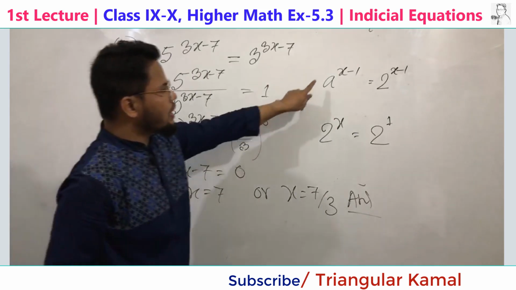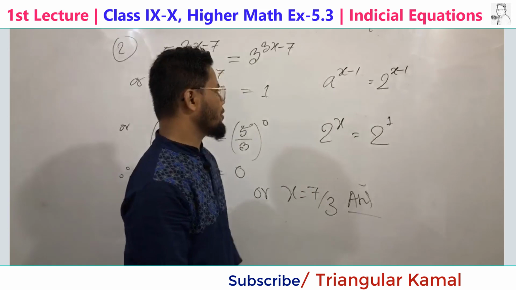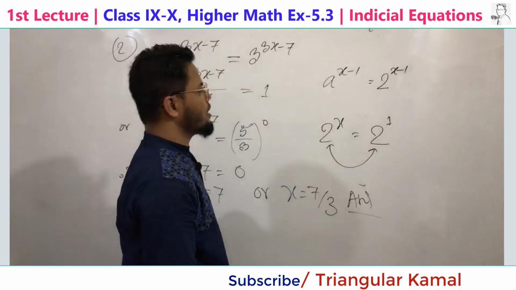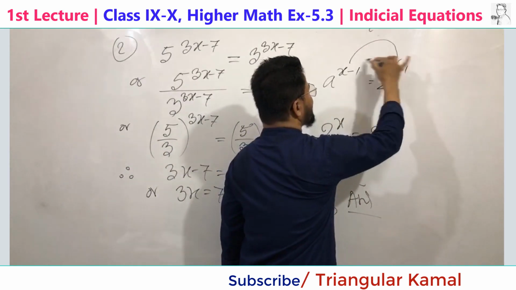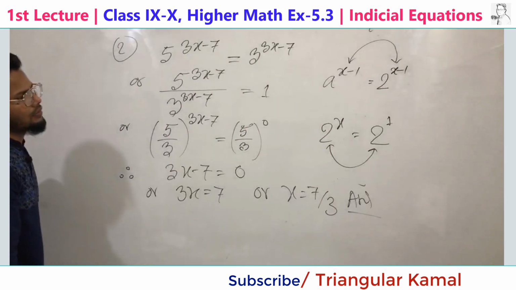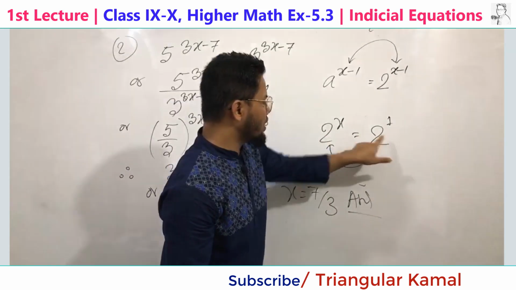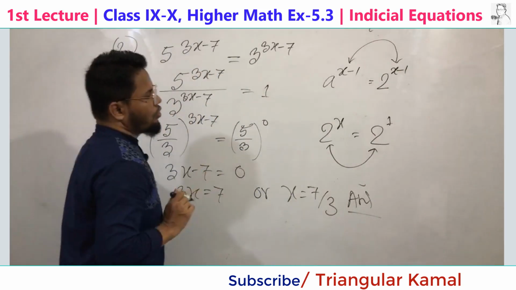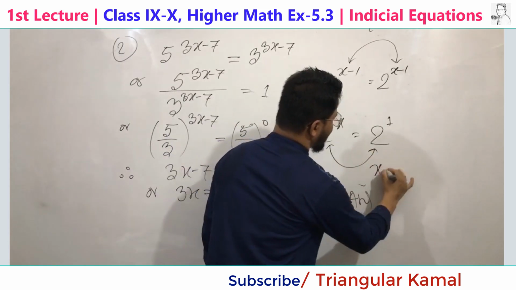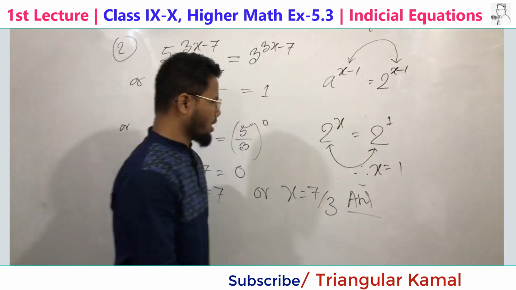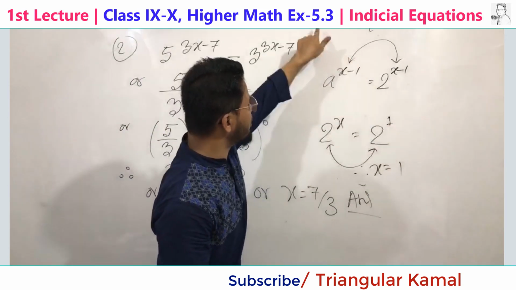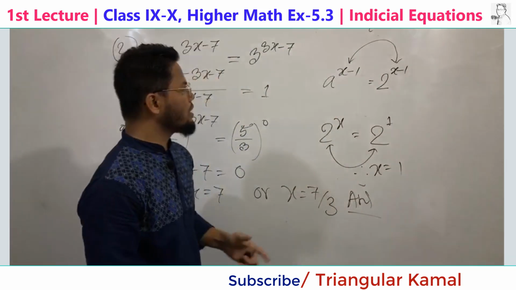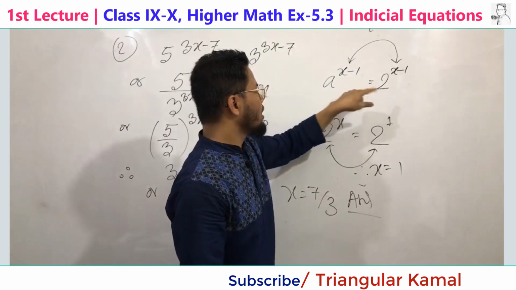What we see inside the two indicial equations, here the bases are the same, but here the powers are the same. The base of both the left side and right side are the same, but the power is the same. So when the bases are the same, we can write the powers as equal. We can convert this indicial equation to a simple equation. But when the powers are the same and the bases are not the same, then it will convert as something to the power, like a to the power,